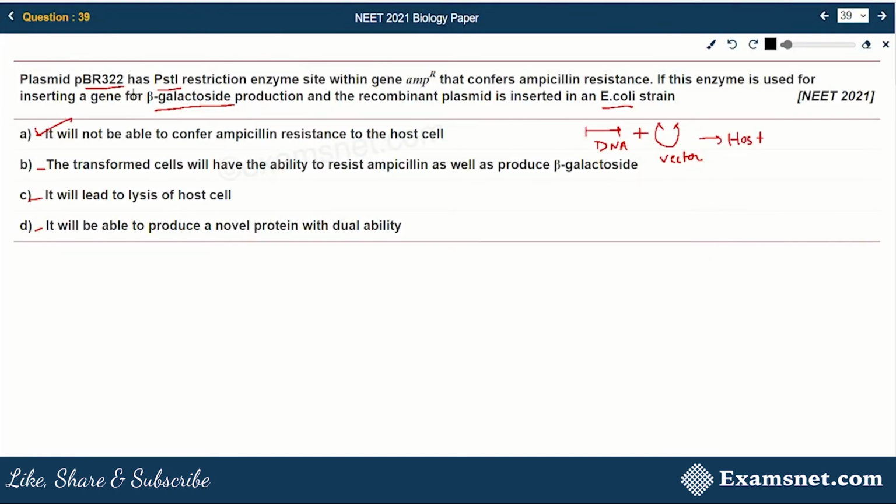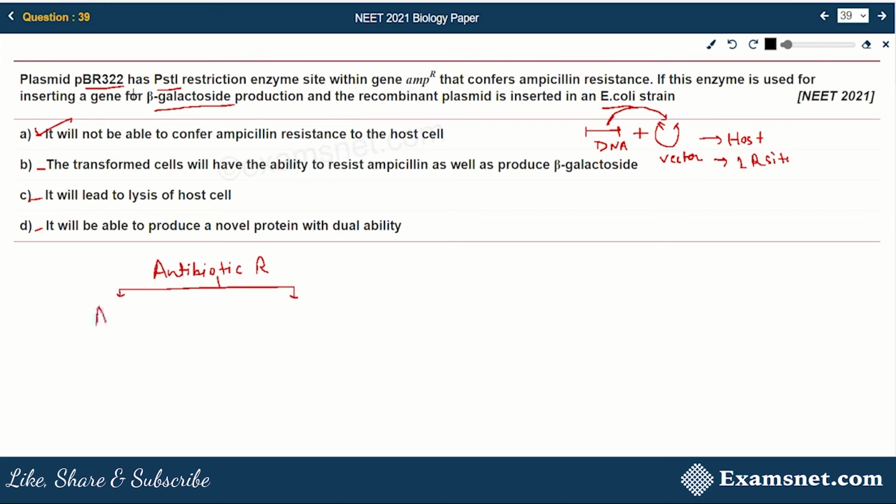But in order to transfer or ligate this DNA to the vector DNA, it is required that the vector should have preferably one recognition site. What is a recognition site? The site at which the restriction enzyme cuts the DNA, and then at this position this DNA will be ligated. Now generally what happens, the ligation is carried out at a restriction site present in one of the two antibiotic resistance genes. That means one of the antibiotic resistance genes is used.